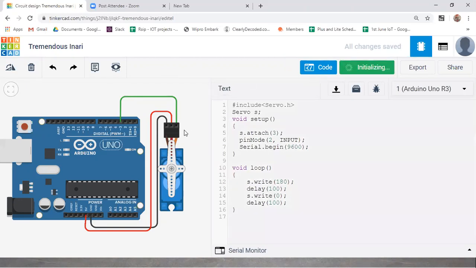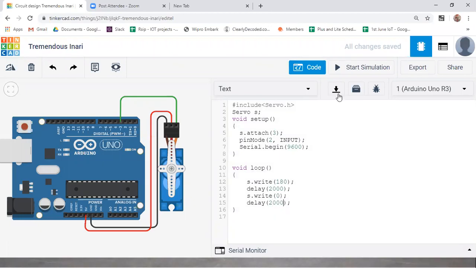Just observe the servo motor, guys. First it is in the inclination. Here you could see, as the delay is too less, that is 1 second, it is just hitting like that. So I'll try to increase the delay to 2 seconds. Similarly, I'll try to do it here also.